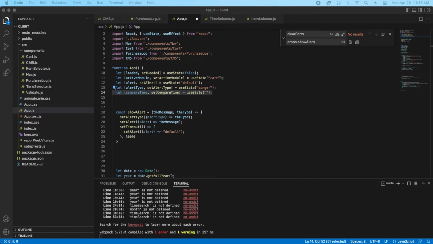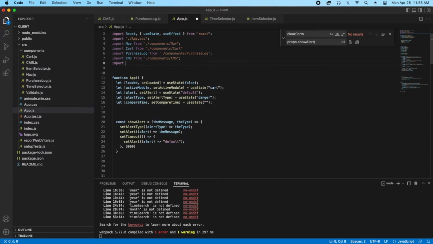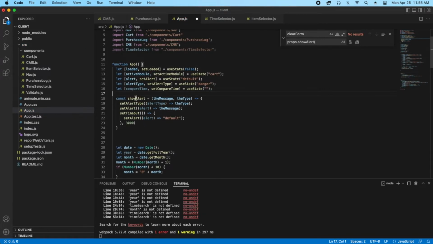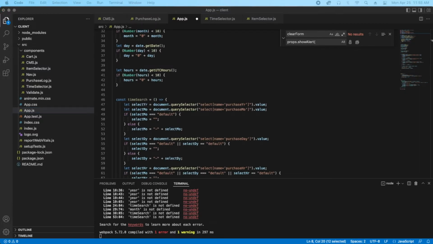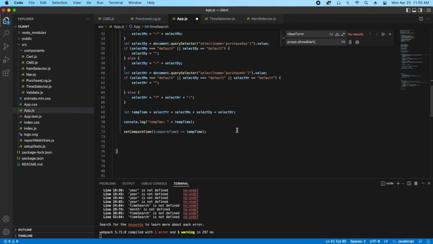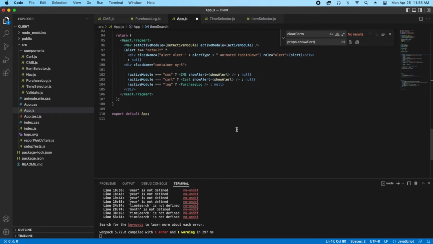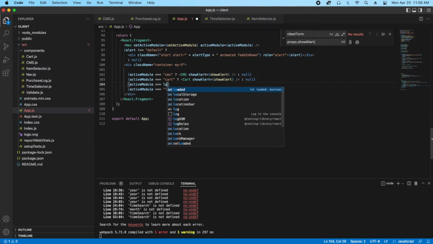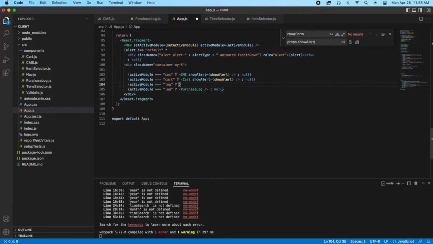It's basically a comparison of our timestamp, and it'll have the year, the month, the day, and the hour based on what's selected. So if they just want the whole year, then we can get that just by having the year written. If I wanted a month, then it would be the year, dash, and then what month. In which case it would go and ask, as opposed to in this case where we're asking the local storage, we would be asking the server, just give us everything that matches the timestamp with this month and this year,